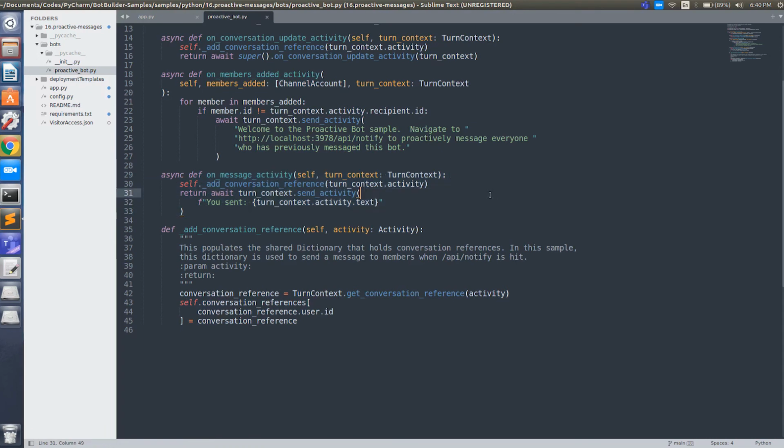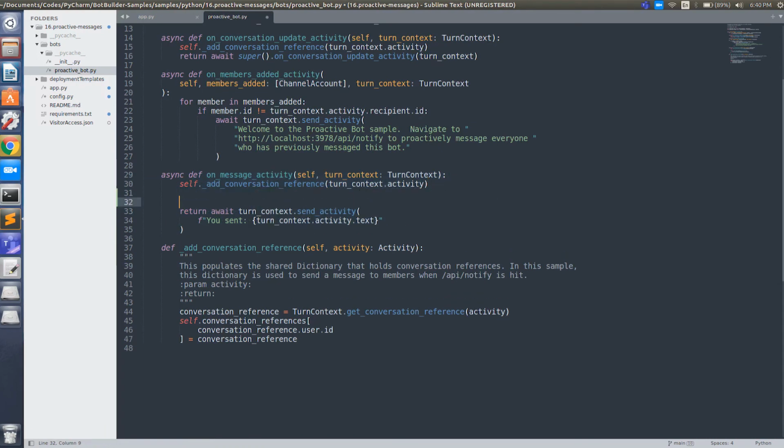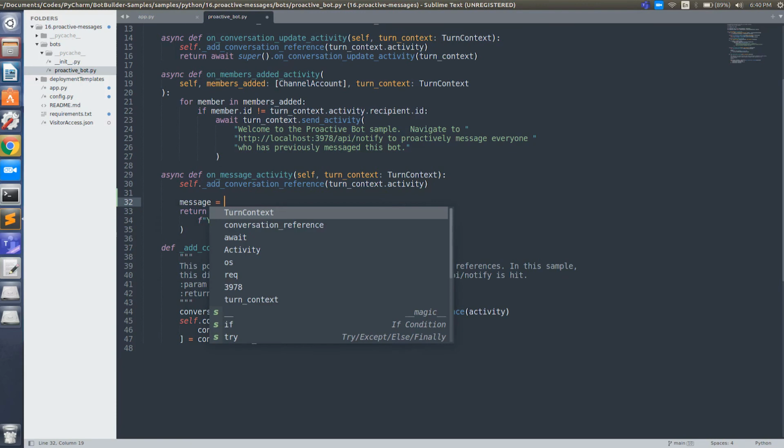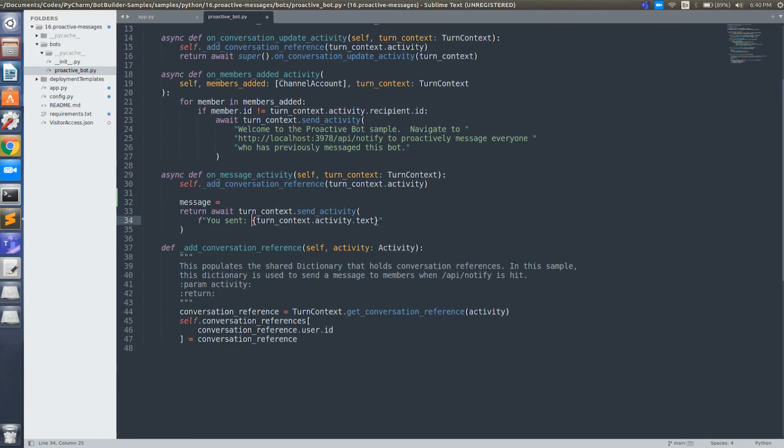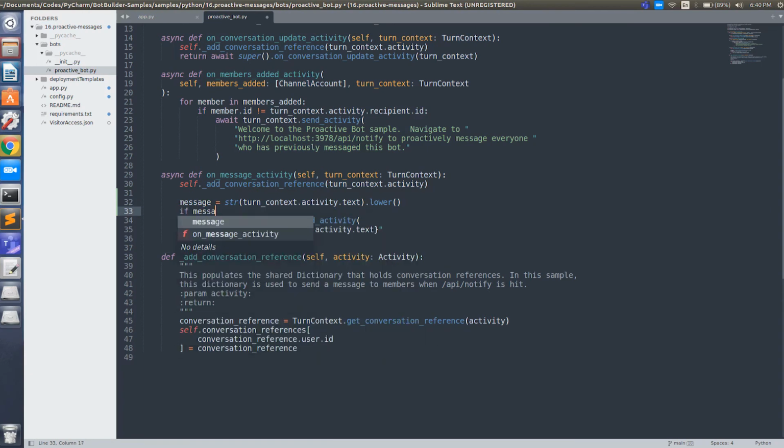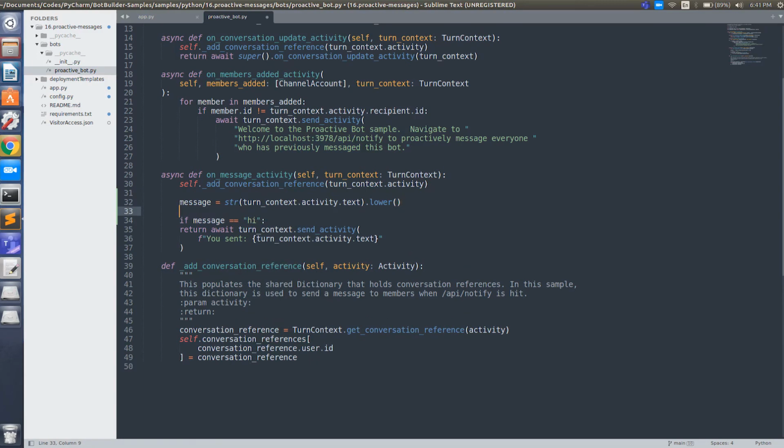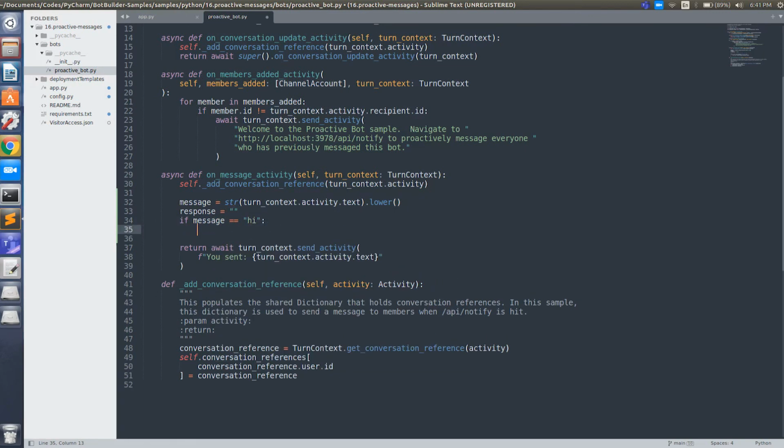Okay, so like last time, let's take our message out, make it lowercase, and if the message is equal to hi, let's create a variable response equal to hello user.